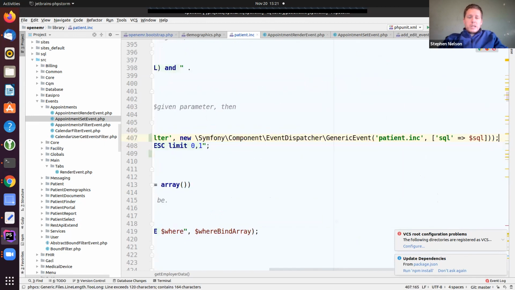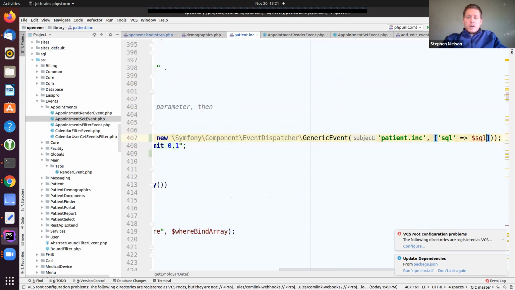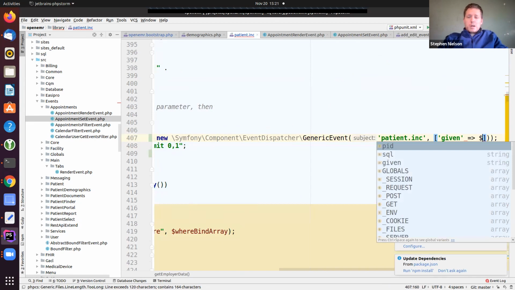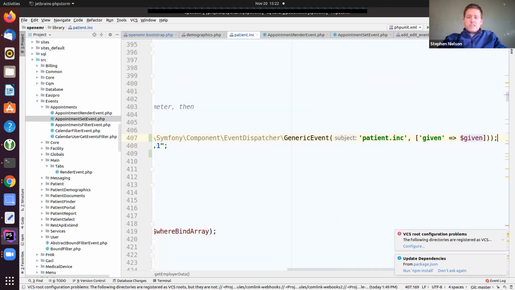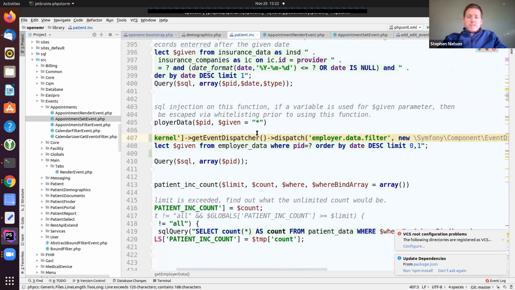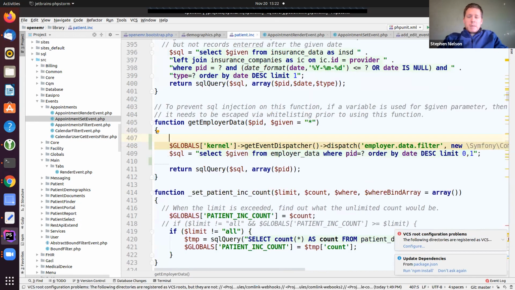So maybe we need to send in not the query here, but send in this given value and let you choose the particular columns right here for given. Is that going to work, right? What am I going to name this event? In this case, I would probably name it employer data filter, right? To give it the name of the event in my pull request, right?